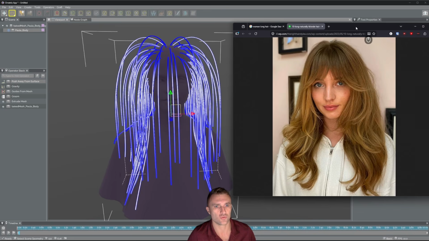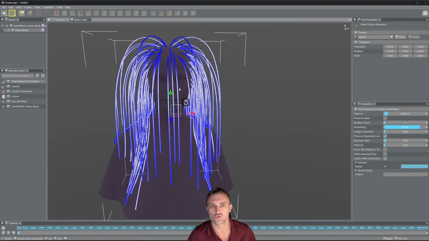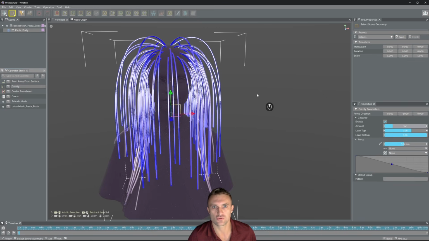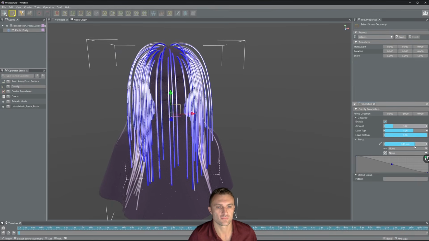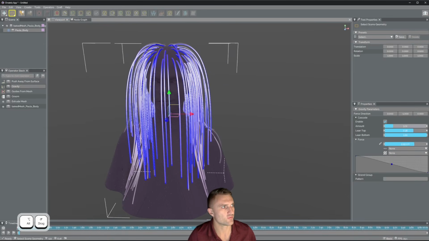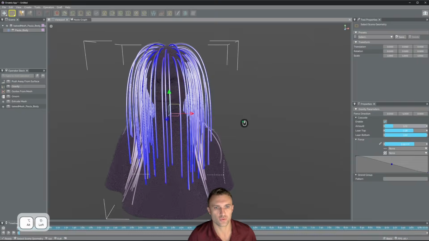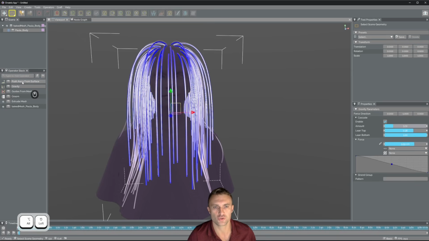So first, I want to use our edit guides operator to refine the shape a little bit to more closely match the reference. First, I'm going to go to gravity and adjust a little bit more. This seems to be closer to our reference. Second, I'm going to select the hairs after gravity, right? So we already want them to be down here, but before the push away from surface operator,